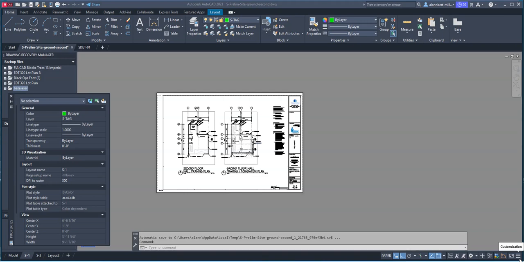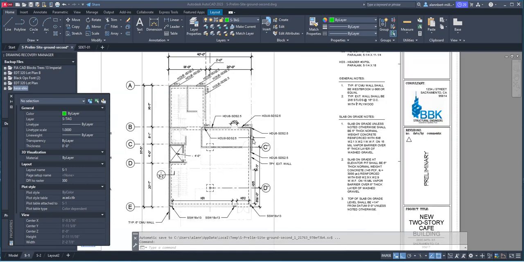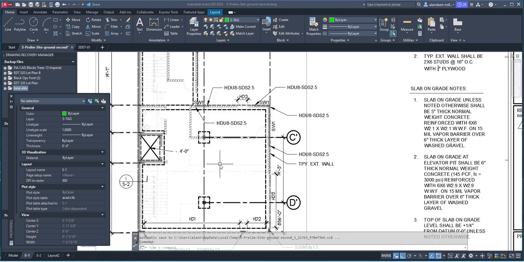Hello, the purpose of this video is to explain how to create the floor framing for the second floor. So we have just finished specifying the floor for our ground floor, which is a concrete slab. Okay, so in this case,